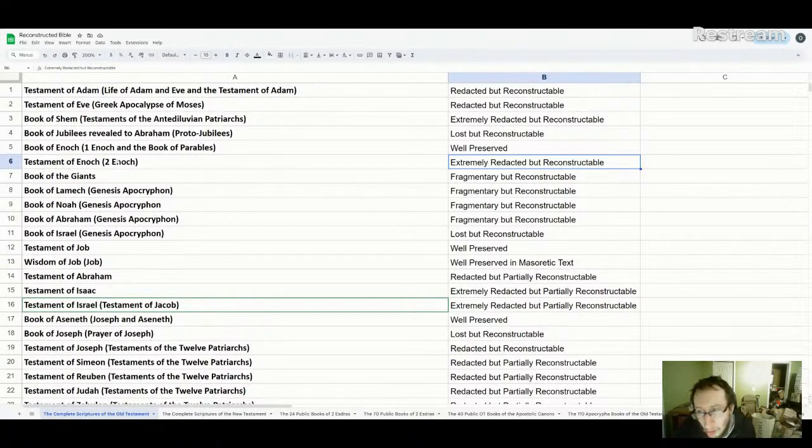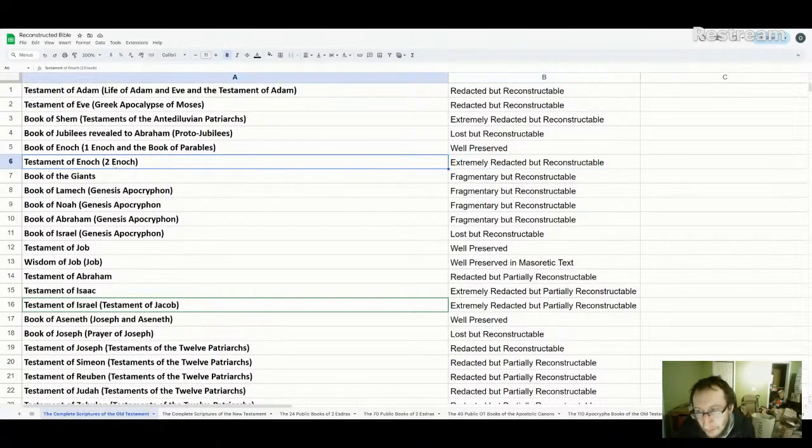Something to keep in mind, there are two versions of Second Enoch, radically different versions. There's the short version and the long version. I would probably suggest that the short version is more often than not the more accurate version, because the long version has too many inaccuracies and contradictions with other books of scripture. So in terms of which I would give more value to for reconstruction purposes, the short version would be better.